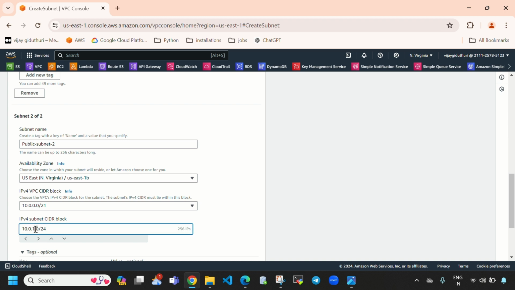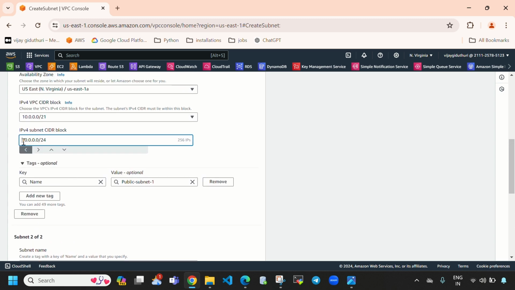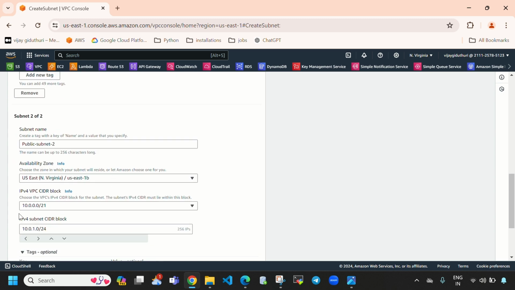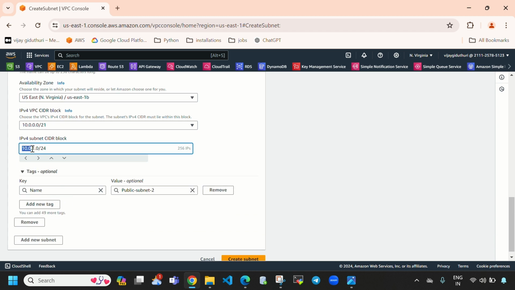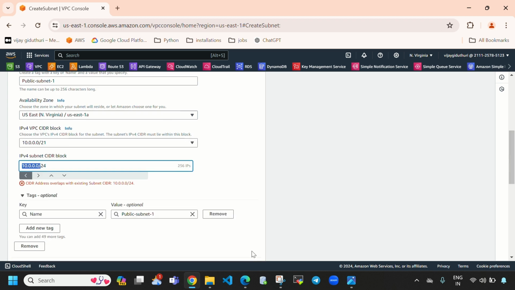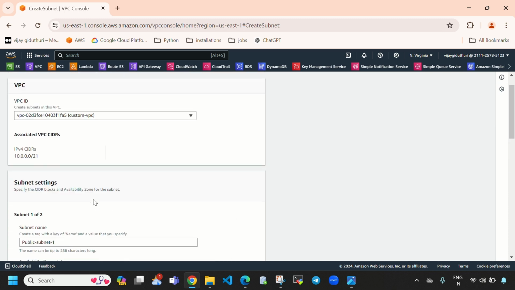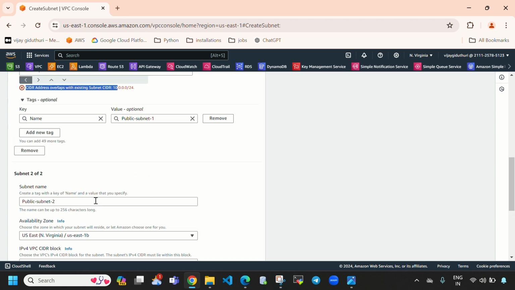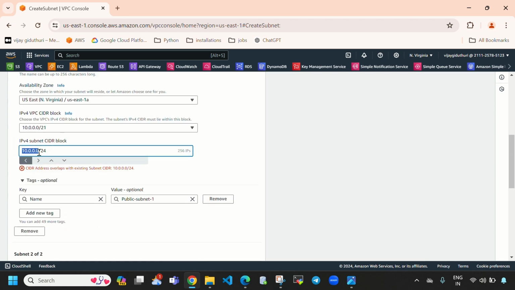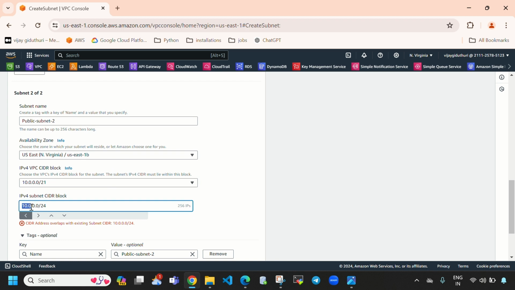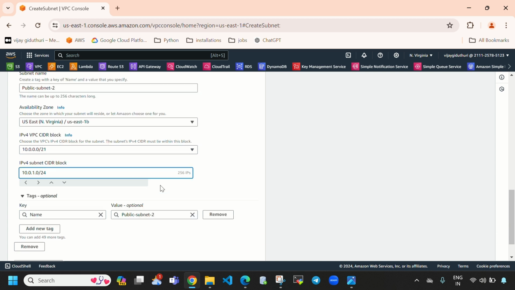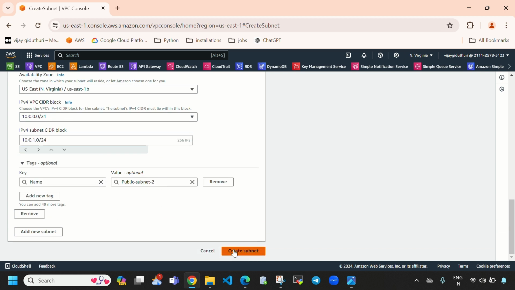So here you can see we need to provide here 1. So previously here you can see we have given 10.0.0.0. If you provide the same like this, VPC subnet will not accept, guys. Remember this. So here you can see when I select here 0 and when I select create subnet, here you can see CIDR address overlaps with existing subnet. So here you can see already we have given the same here. So we need to change this. So here I'm going to change it to 10.0.1.0/24. So here I'm going to directly select create subnet.